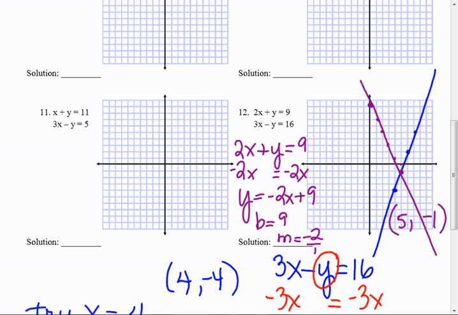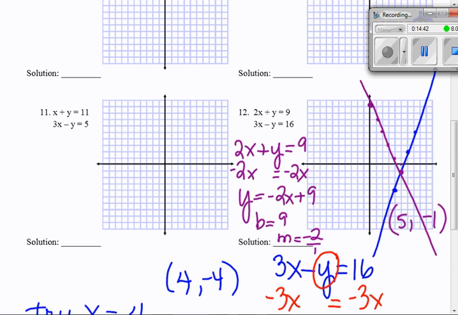Take your time. Double check to make sure your line's right when you're intersecting them, Zach. Yeah, the stapler's not working particularly well. So double check it, because if you graph something wrong,